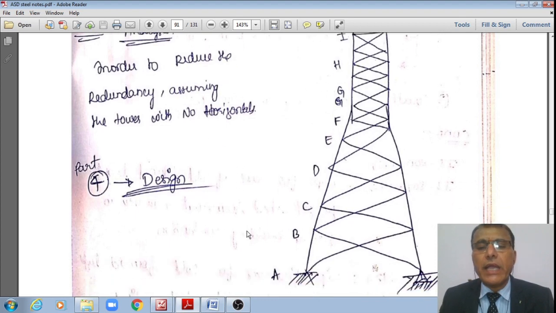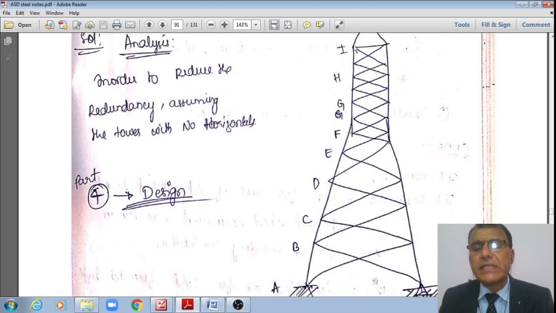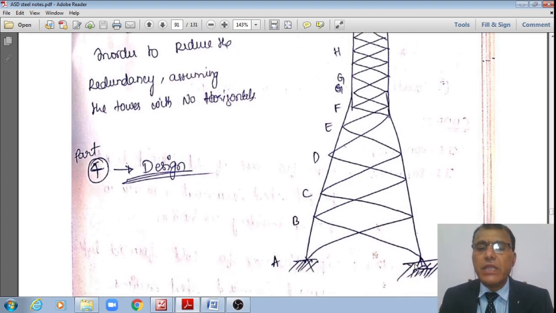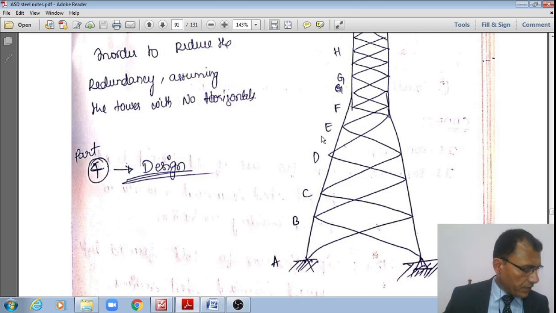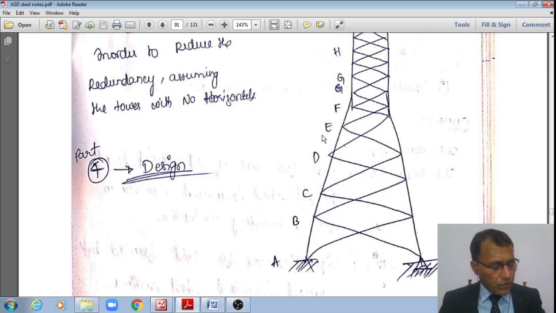Once I get this, already I know what are the total lateral forces acting at all these levels, right? Therefore, the total lateral force is now resisted by these four legs. Therefore, the total lateral force divided by four now will give rise to the total horizontal force at the base, right? That works out, say, student, around a value of, say,